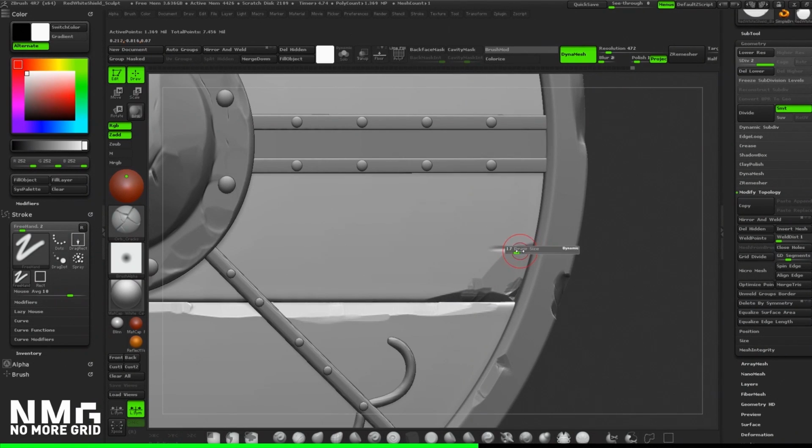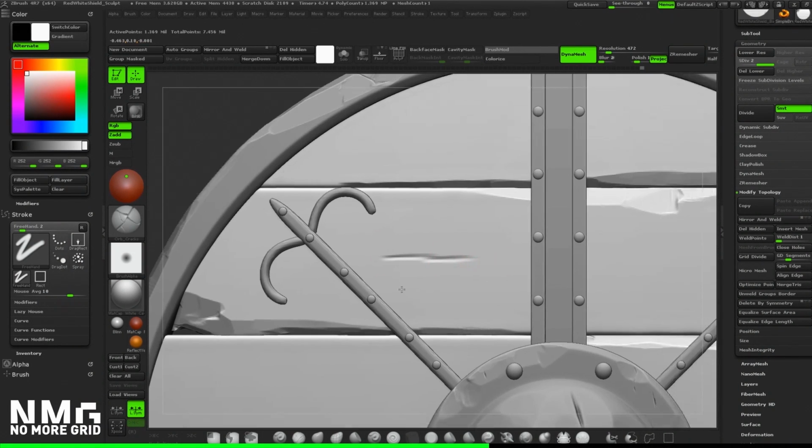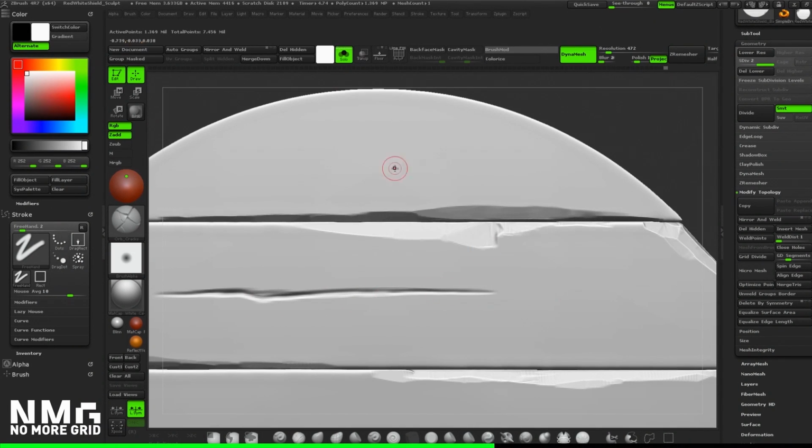And for the cracks, I use a custom brush you can find online pretty easily, called the Orbs Cracks brush. And I just